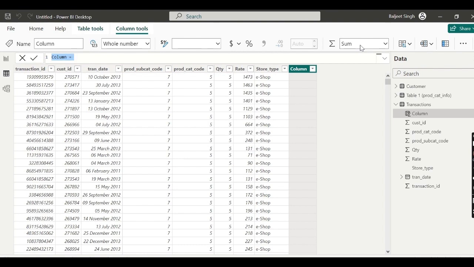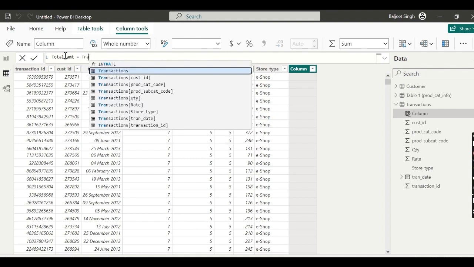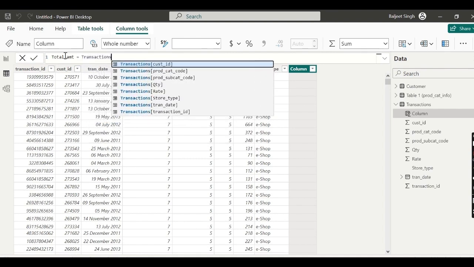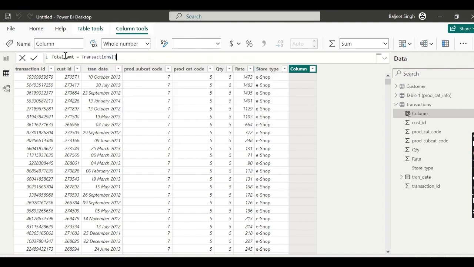First, I am going to name it total amount, and then the transactions table, and this one bracket we will use. In this I will put the value, quantity,